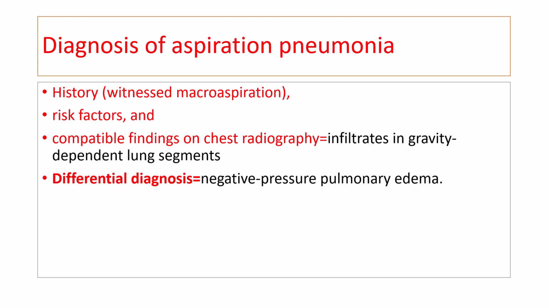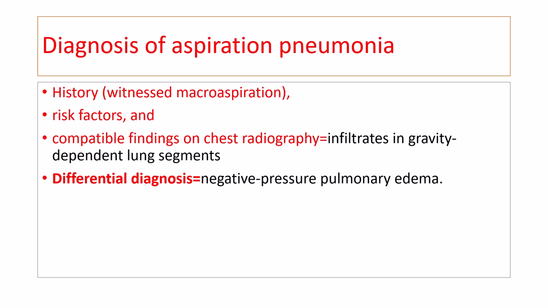One of the entities that can be confused with aspiration pneumonia is negative pressure pulmonary edema. It is important to consider this diagnosis, which is accompanied by bilateral and generally symmetric lung infiltrates and is the result of breathing against a closed airway, after general anesthesia, choking, or near drowning, all conditions that may also be accompanied by aspiration.